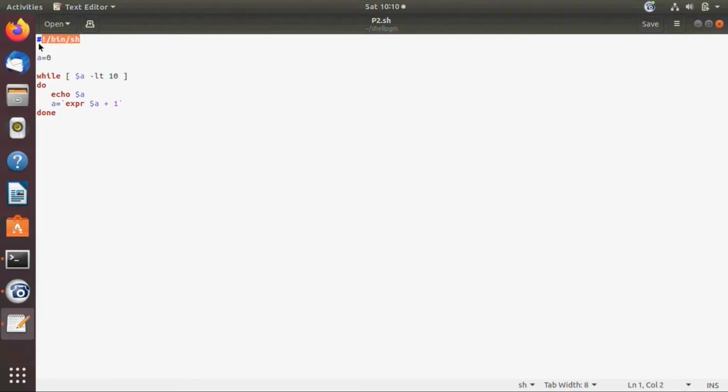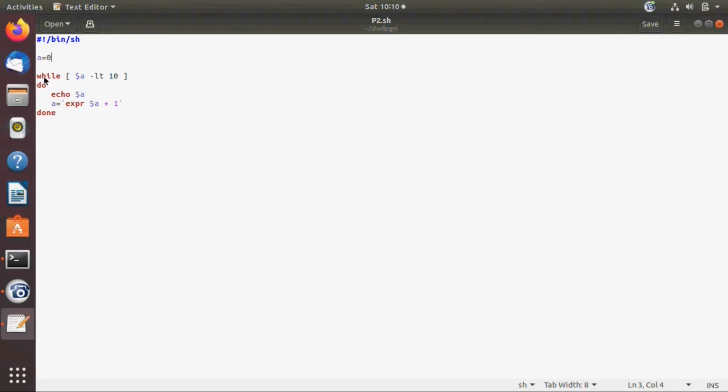Initially you write the shebang #!/bin/sh, and you initialize the variable a equal to 0. Here you are not using any data type like int, float, char in a shell script. No need to use a data type in a shell script. Directly you can initialize the variable.